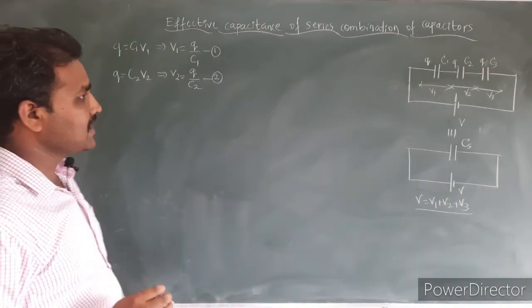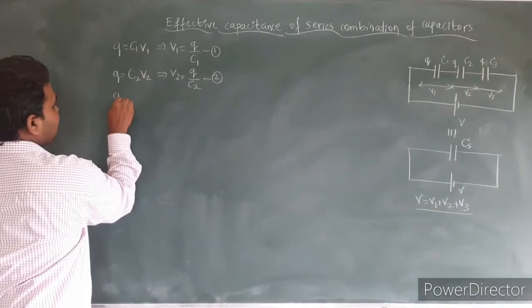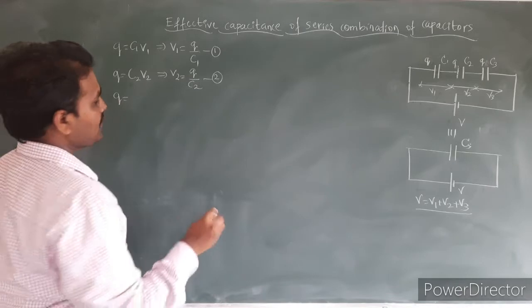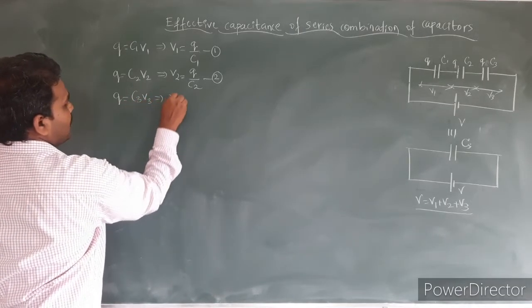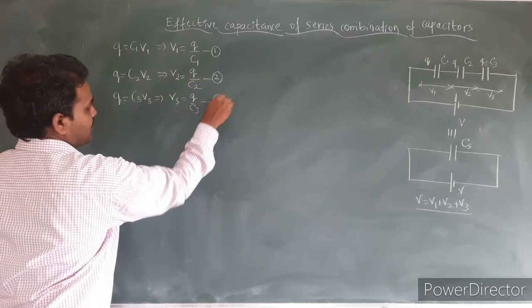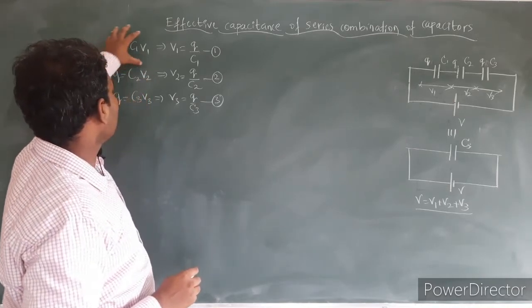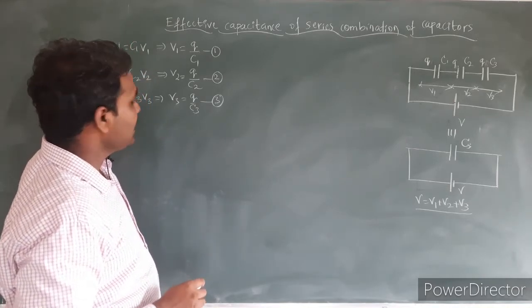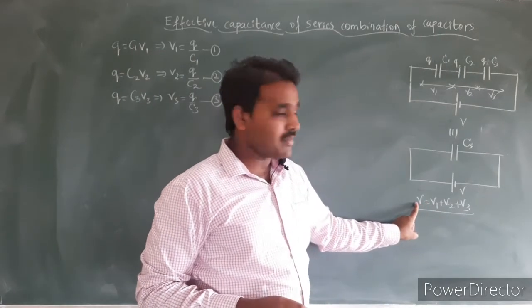Similarly, look at this third capacitor here. By considering the third capacitor, I can again write the charge stored in the third capacitor is given by C3 into V3, so that V3 is equal to Q divided by C3. Let it be equation number 3. So in all the cases the charge stored is the same, and by considering this equation, that is the external voltage supply is equal to